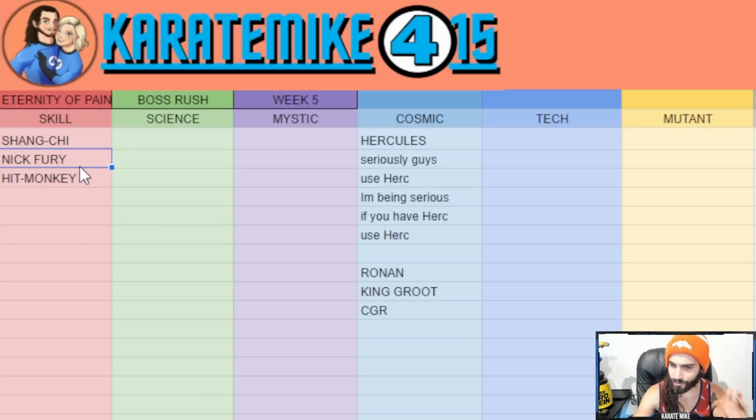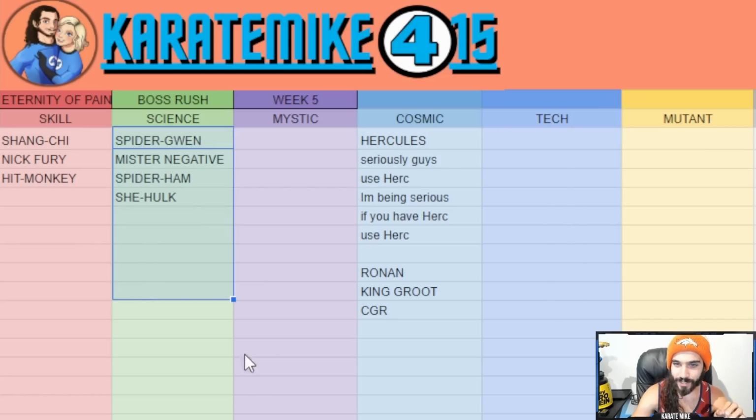Nick Fury as well, just a really great champion for stuff like this. Lots of high damage output. Going to be really good for Blade specifically. Hitmonkey as well, very good for Blade. You really want to make sure you have a counter for Blade. You want to make sure you have a counter for all of these things. But in this skill class, a little late for this boss rush in my opinion, but these 3 I do see being very useful. As for Science, man, all 4 of these I find to be really, really good